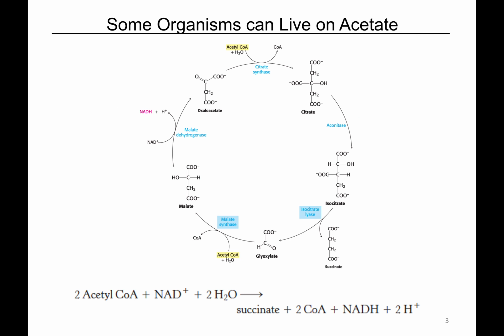One other thing I want to mention that's related to the TCA cycle is that in a lot of organisms, especially some bacteria and plants, this is really important in plants. It's how seeds can survive just on the fat that's stored in the seed. These organisms can live only on acetate. We're going to see later in the semester that the breakdown of fatty acids results in the production of acetyl-CoA. We break down fatty acids 2 carbons at a time, and we end up with a bunch of equivalents of acetyl-CoA. Plants and other organisms are able to survive on just that fat breakdown product.